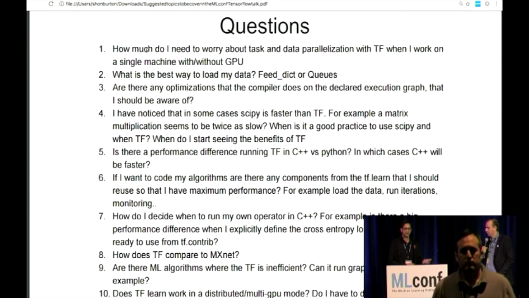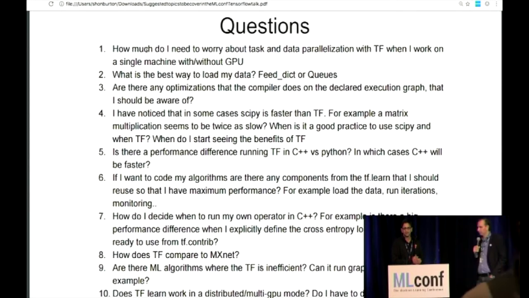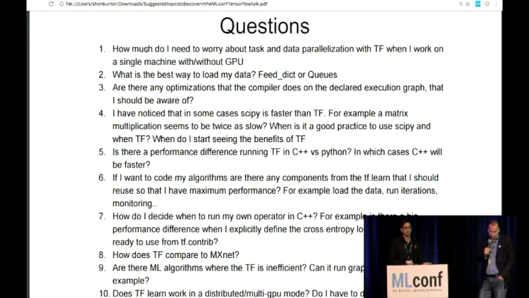Partly because Python itself has overheads. If you, for example, want to run multi-threaded code, the locking isn't great. There are lots of issues with Python in those areas. So we typically recommend for production deployments using C++ or maybe Java and other languages that we've been adding support for lately.